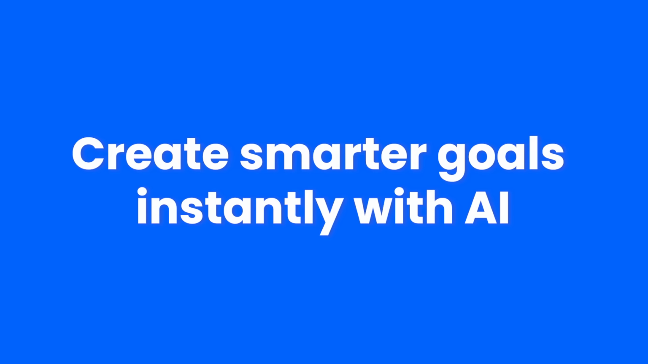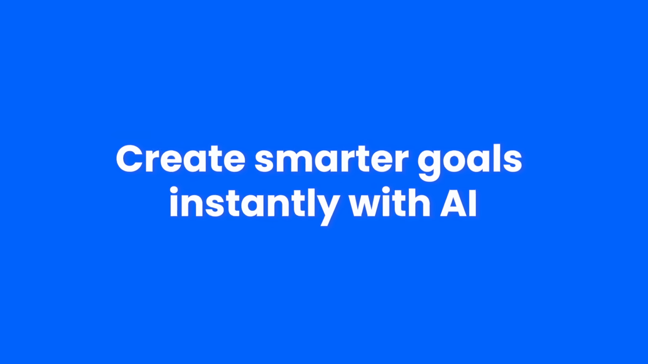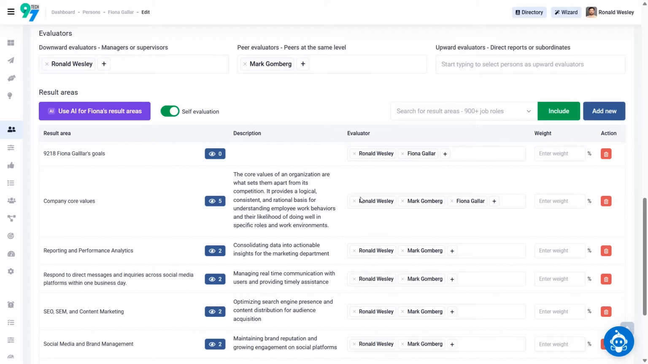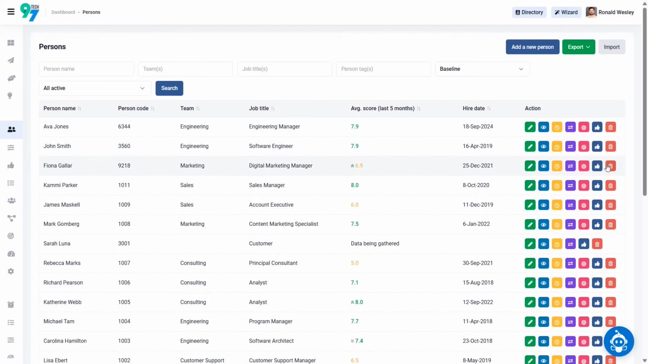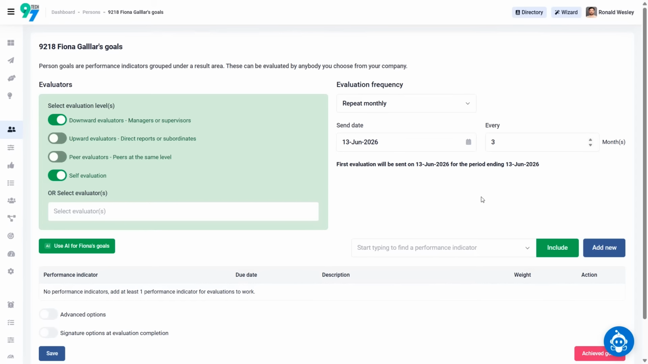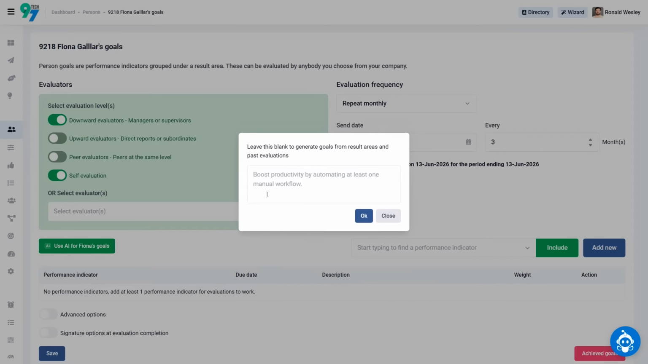Create smarter goals instantly with AI. Now let's focus on setting smarter goals. Head to the Person section. Click the Goals icon and tap on Use AI for Fiona's goals. Enter a custom objective like enhance brand visibility and follower engagement through a stronger social media presence and content marketing